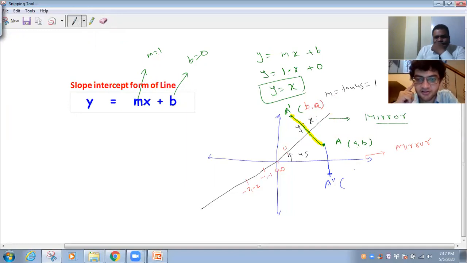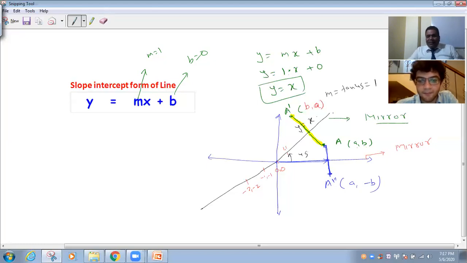No, so if x-axis is the mirror. Right. Now x-axis is mirror and this image is here. So what is the coordinate of this mirror image? -B and A. Correct, but you are telling order different. A to A, this A only, x coordinate is not changing. A and minus. And B is just going, instead of above is going below. So this be the minus B.